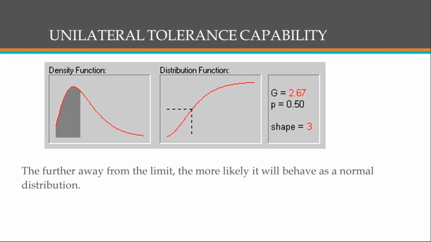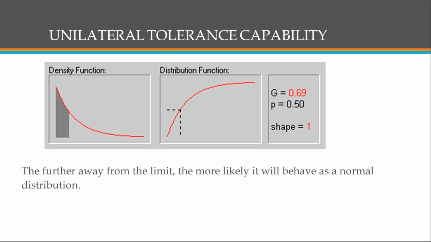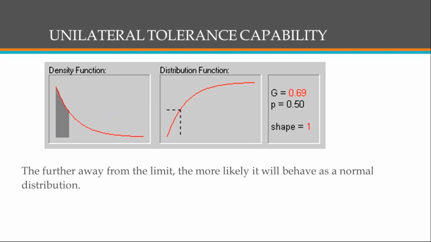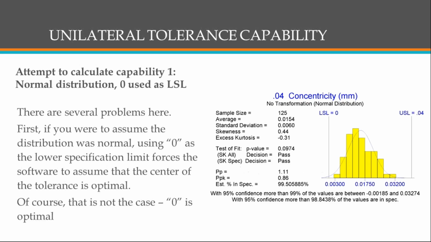The further away from the limit, the more likely it will behave as a normal distribution. So the worse you are, the more normal you will be. The better you are, the less normal you will be. So let's take a look at some possibilities on how one might approach trying to calculate capability for a unilateral